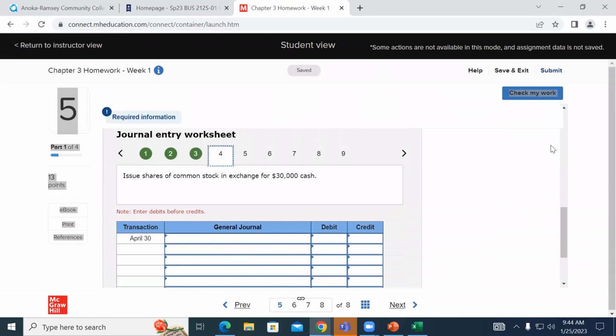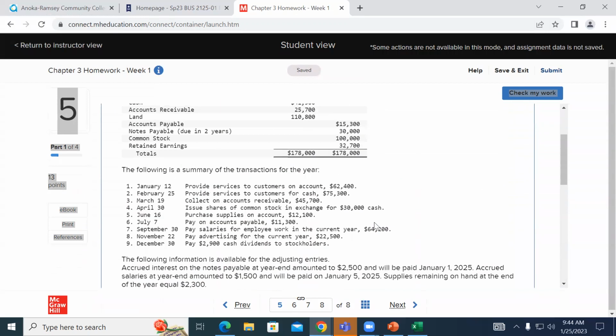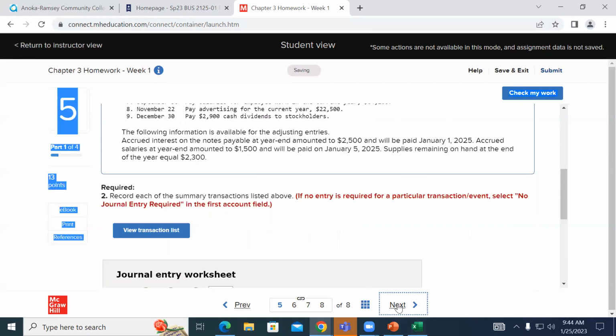Five, issues shares of common stock in exchange for $30,000 of cash. Debit cash, and what do we credit? Common stock. So you're going to keep doing this, keep working there. Next, we've got